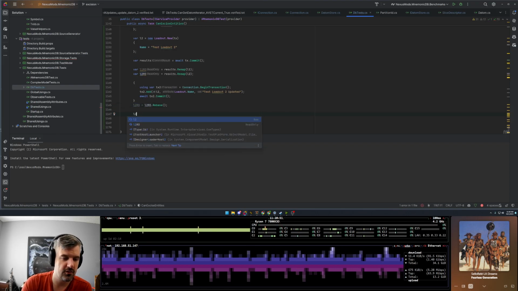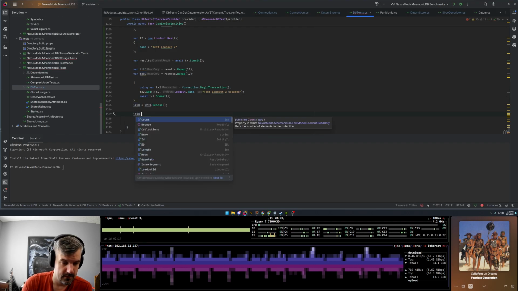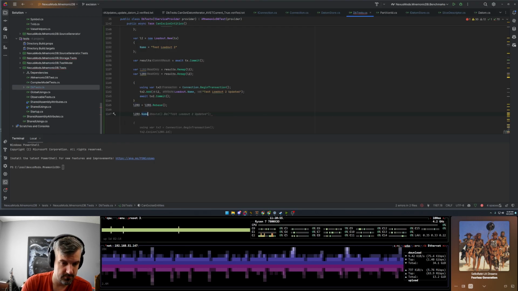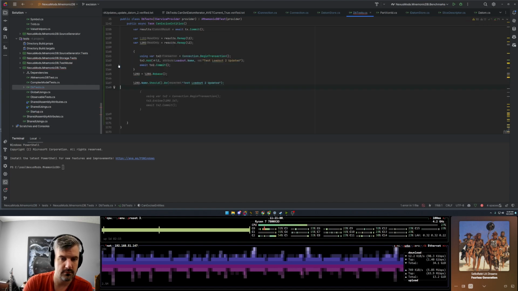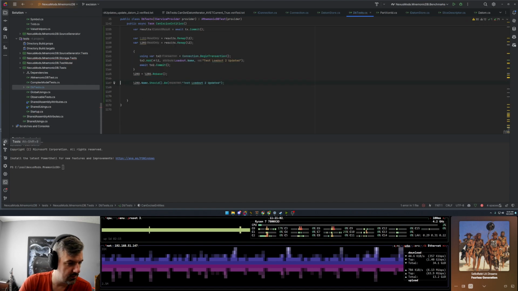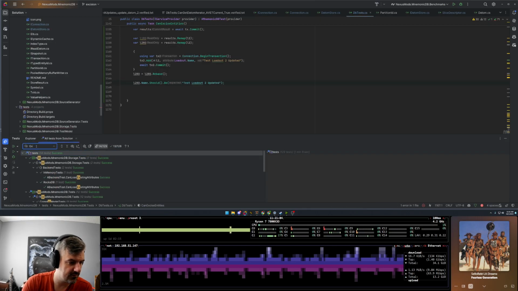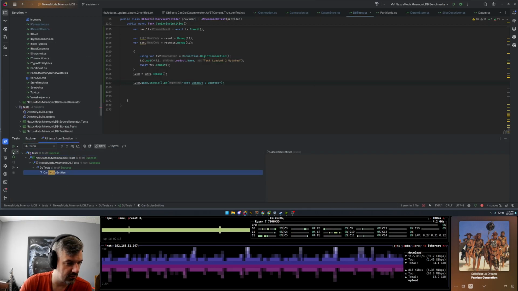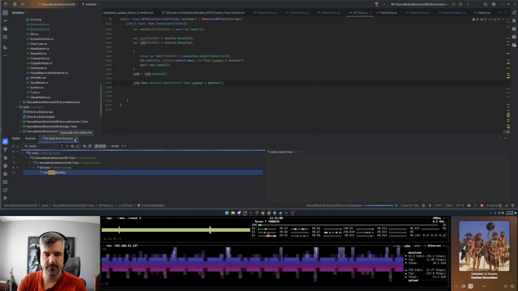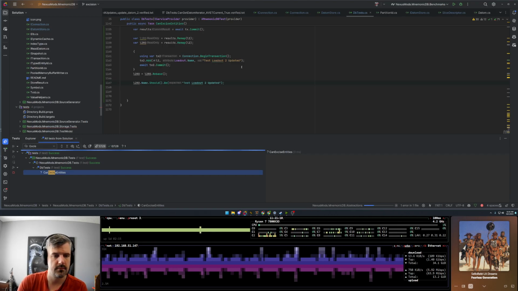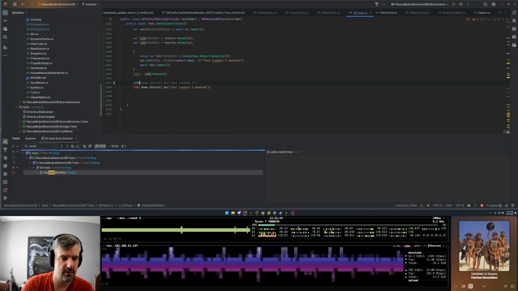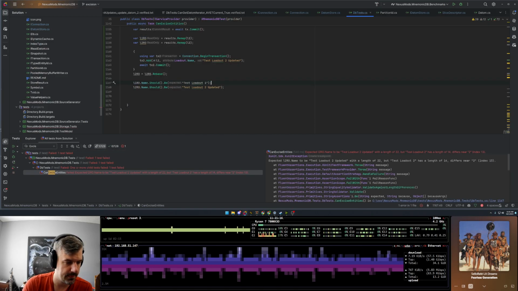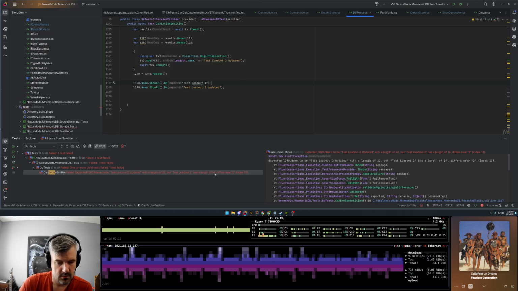So L2ro dot name should be updated, and we can test this to make sure it all works correctly. We should also check that the L1 read only name should be test 1.